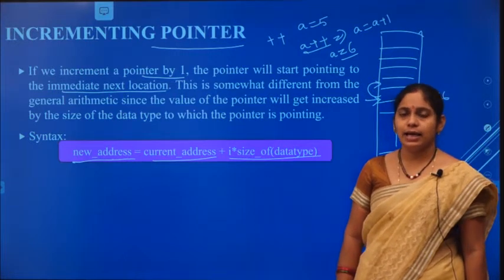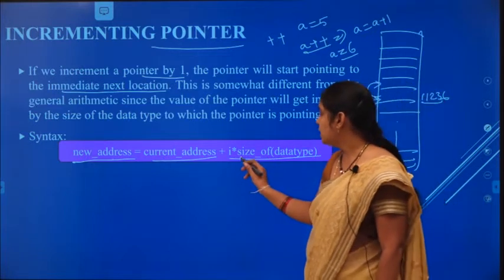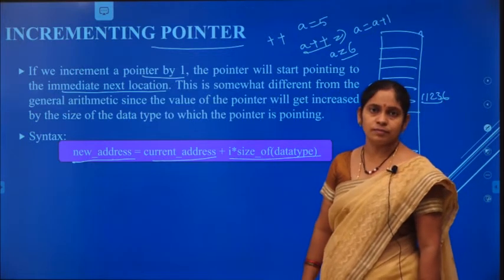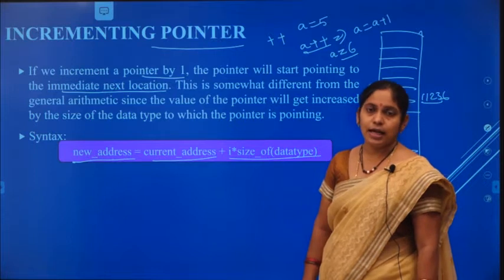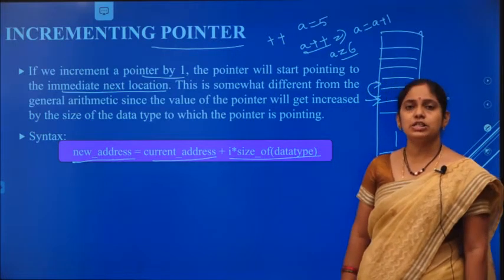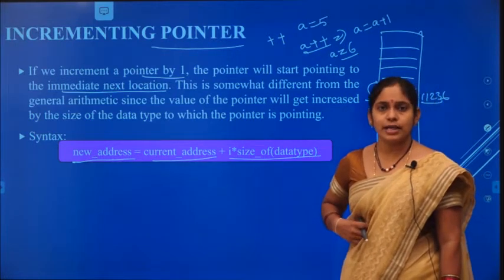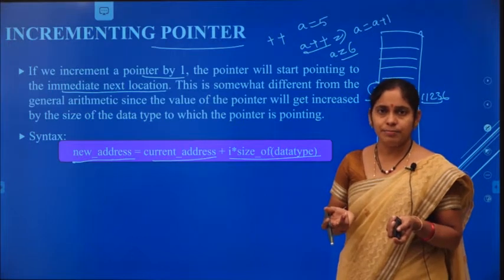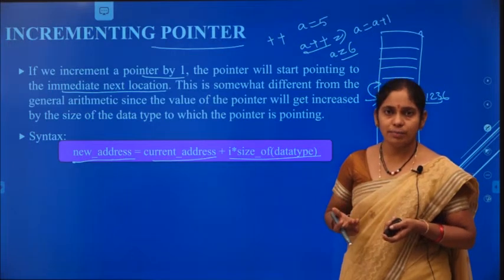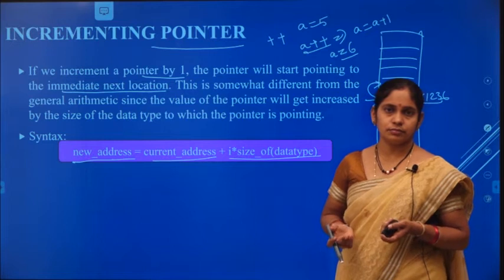What is i and what is the size of the data type? Sizeof is an operator used to identify the size of a data type or the size of a variable.